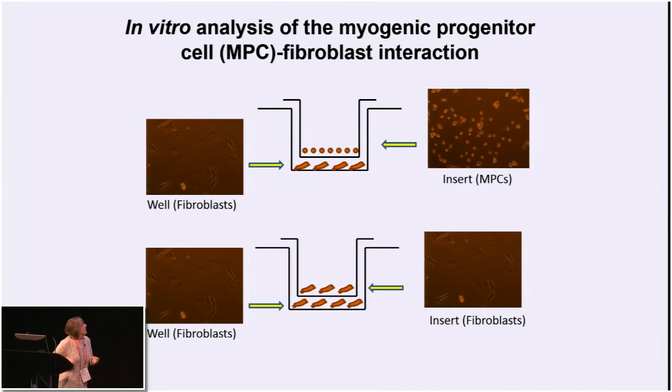So getting back to the in vitro analysis, this is how it's done. As I said, we isolate the satellite cells, and by convention in the field, once they're isolated out of their satellite position and they begin to divide, they're not really stem cells or satellite cells anymore, they're myogenic progenitor cells, so MPCs. One can isolate those from the muscle, and we put those on a little insert, which is a membrane so that media is freely diffusing between, and co-culture those with the fibroblasts from the same muscle, or as a control, just co-culture fibroblasts with fibroblasts to account for the depletion of nutrients in the media. And then, subsequently, we